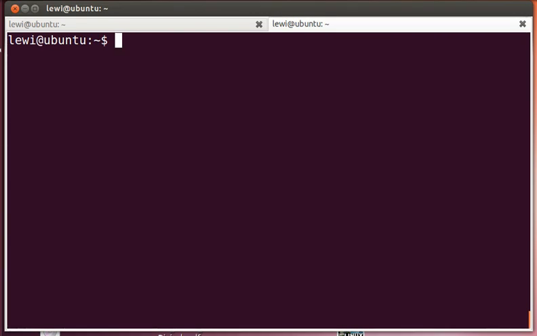Welcome back. What we're going to be doing now is looking at that hard drive that we installed, and we're going to be making a couple of partitions, creating a file system, and then we're going to mount or map those new file systems to some directories so that we can easily access them through the operating system. So to do that, first of all, we need to work out whether that hard drive has been